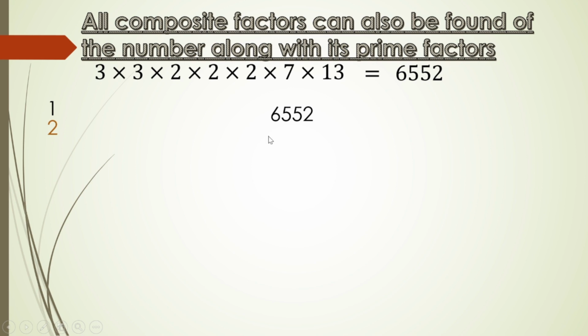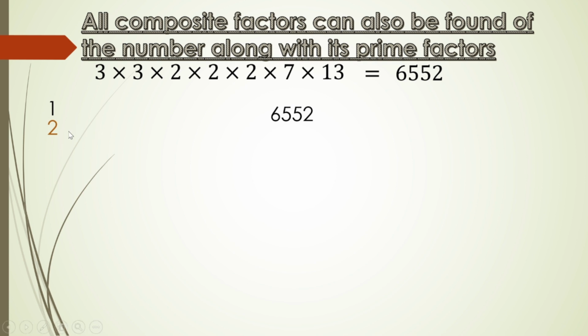Now for writing the factors of 6552, I'll not look at the number itself. I'll not use any divisibility rules. I'm just looking at the prime factorization. You just have to prime factorize the number and do not even need to recall any divisibility rule. You need not see whether it is divisible by 2 by looking at the ones place. You need not add the digits to see whether this number is divisible by 3 or not. You just have to look at the prime factorization. So that's the first utility of prime factorization, that we can list all the factors.